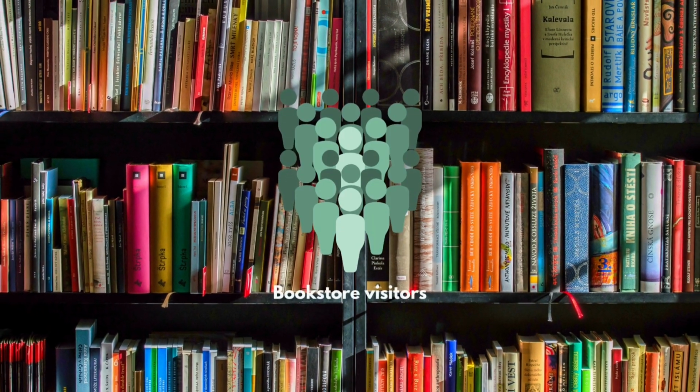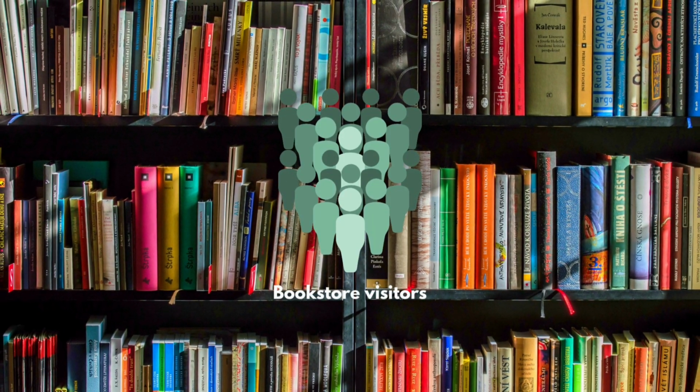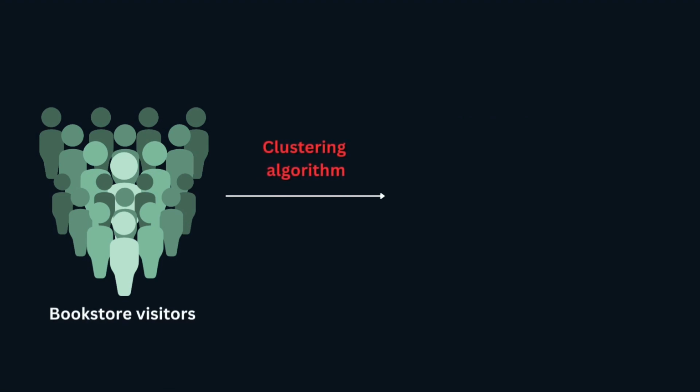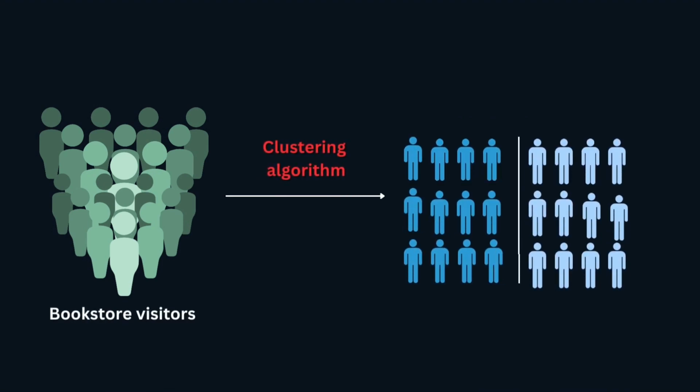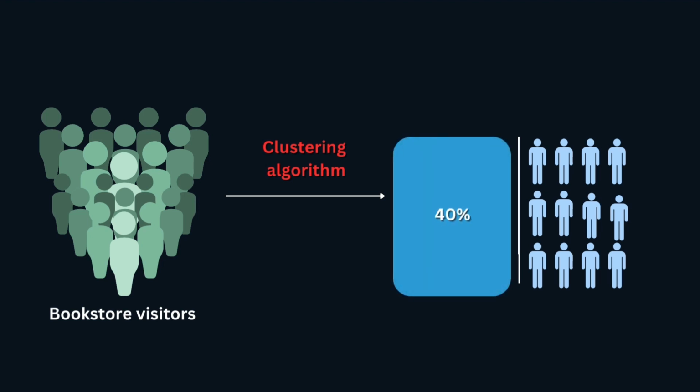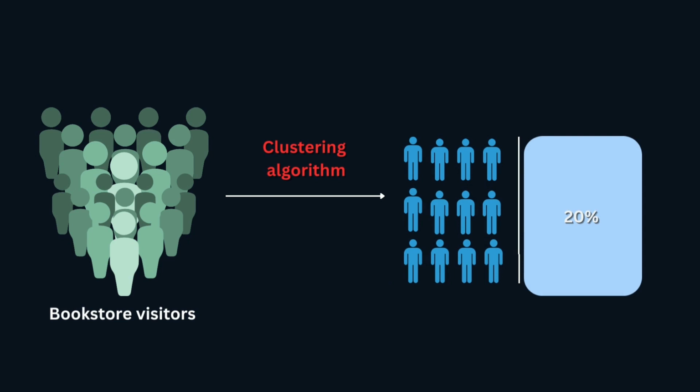Let's say you have data about bookstore visitors. You may want to run a clustering algorithm to try to detect different groups of similar visitors. For example, it might notice that 40% of the visitors are males who love comic books and generally visit the store in the evening, and another 20% of the visitors are young sci-fi lovers who visit during the weekends, and so on.